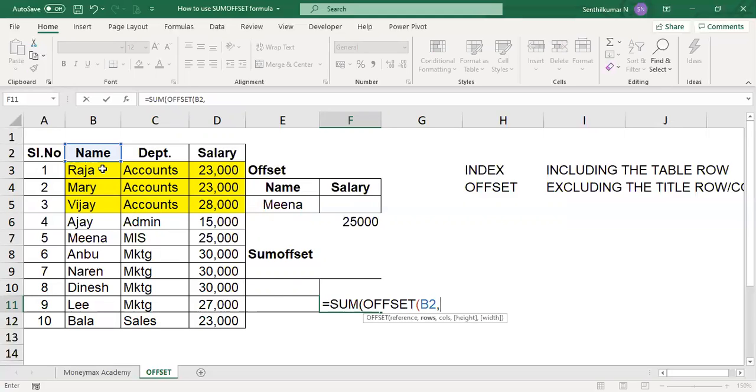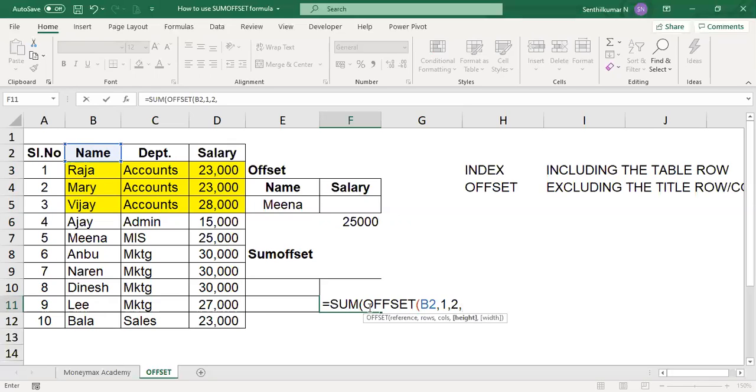You have to start from the row first, so you give the row number first. What is the column you want to know? Salary column. The department is the first column, and salary is the second column. This is the normal offset function, but you want to know the sum.